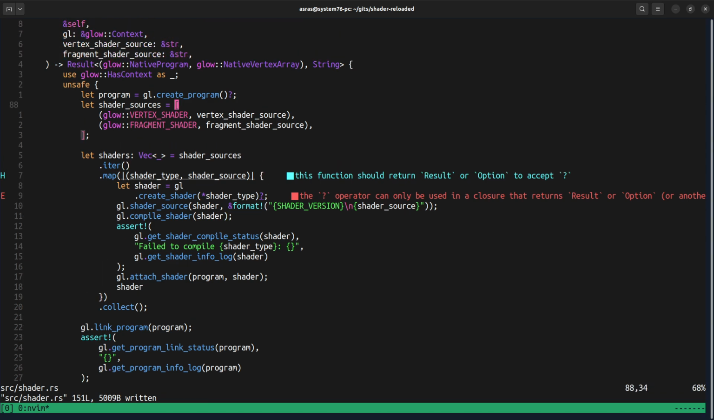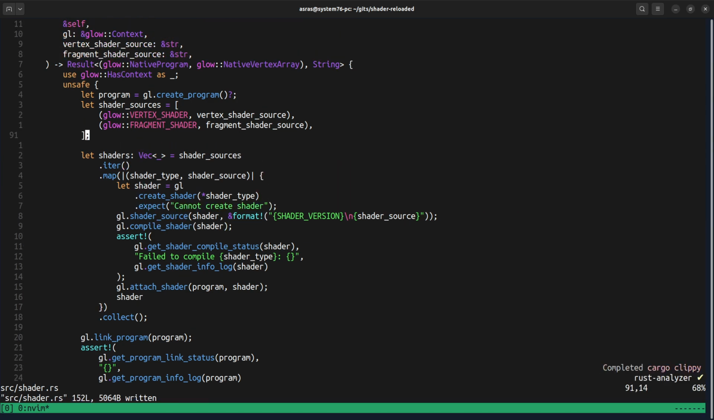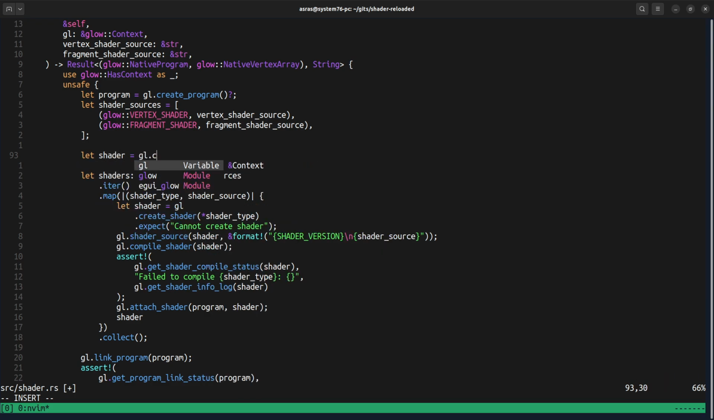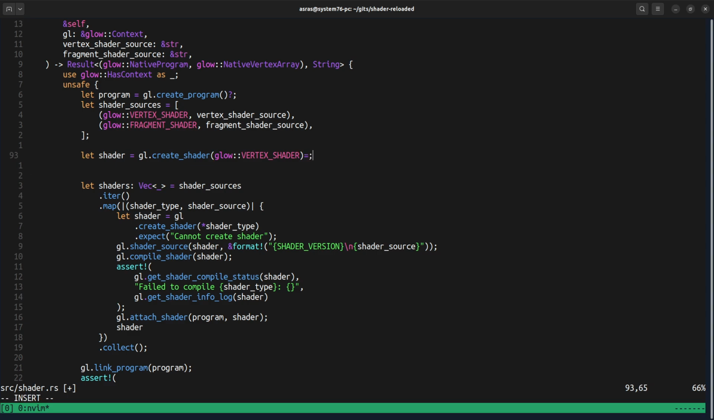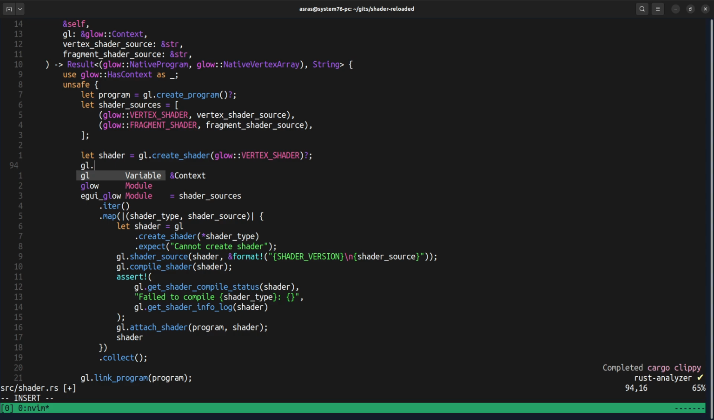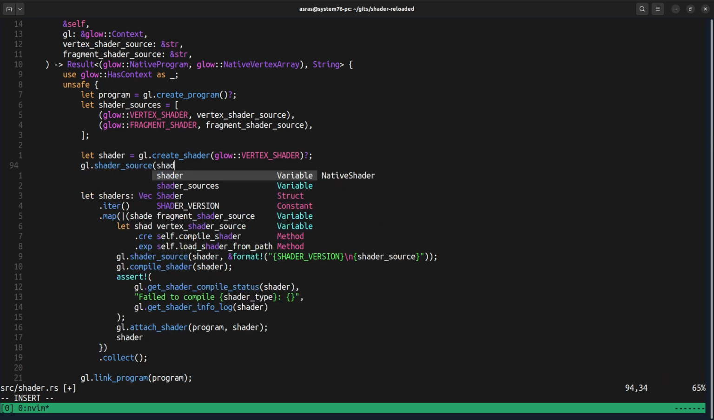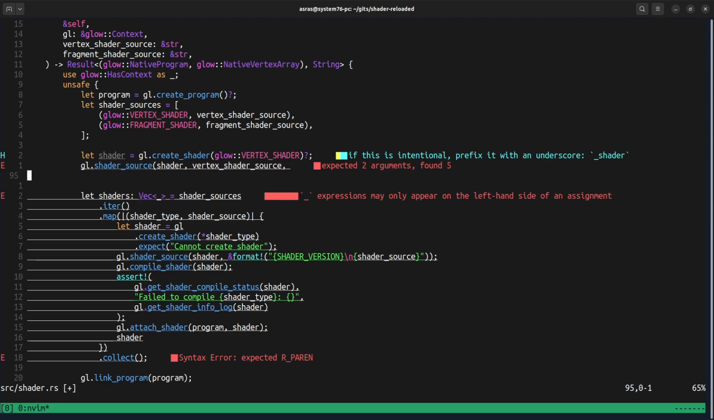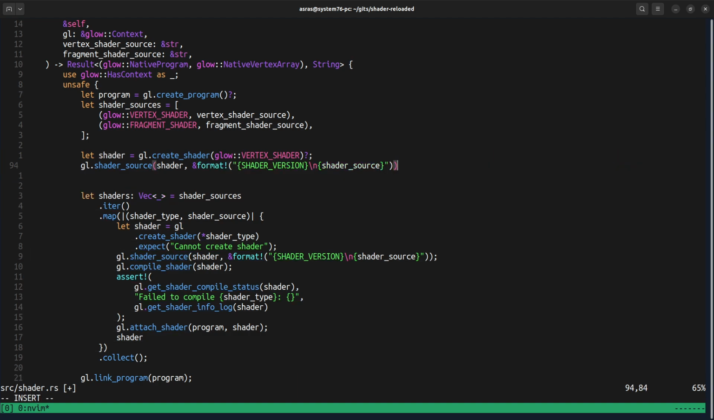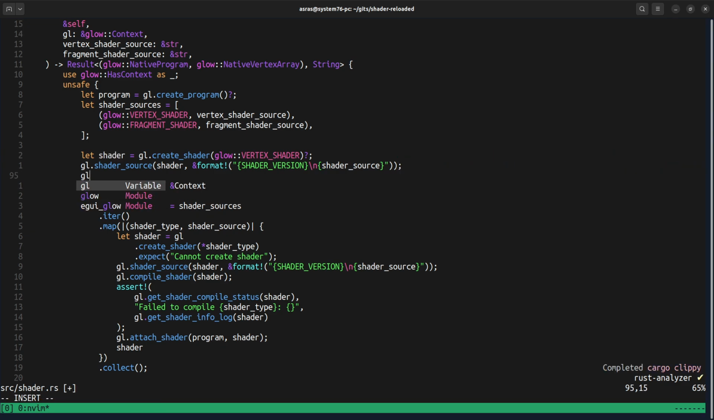Okay, so actually I want to change this. Let me just get it back. So we can create a shader. Okay, and first we create the vertex shader. And this can fail, so we'll do it like that. Then we set the source for the shader, and it's going to be the vertex shader source. Sorry, it's going to be this thing. Okay. So that's fine. Then we compile the shader,